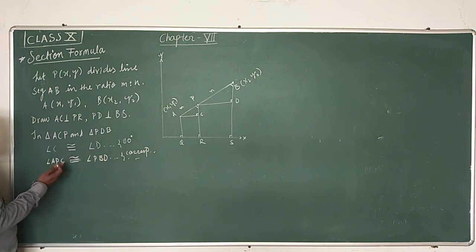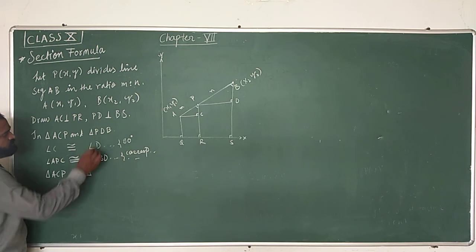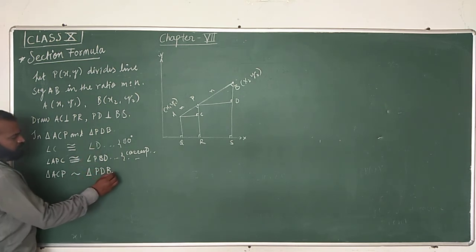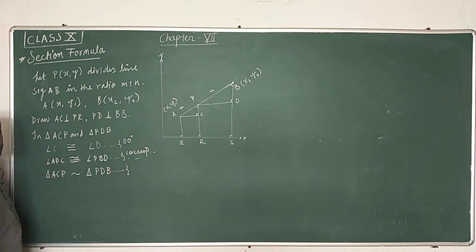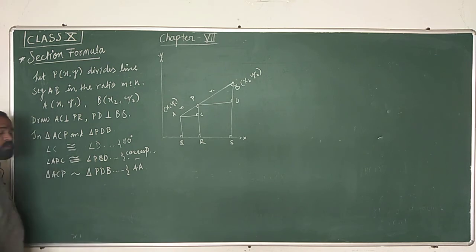See here, if the triangles are similar, we can write triangle ACP is similar to triangle PDB. They are similar by AA criteria. If two triangles are similar, then their sides are always in proportion. Means we can write